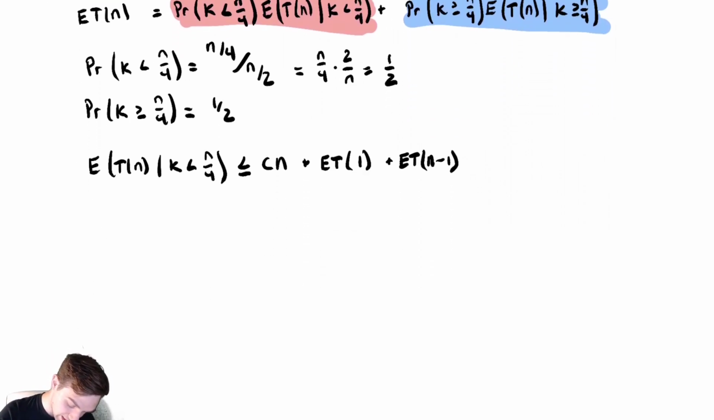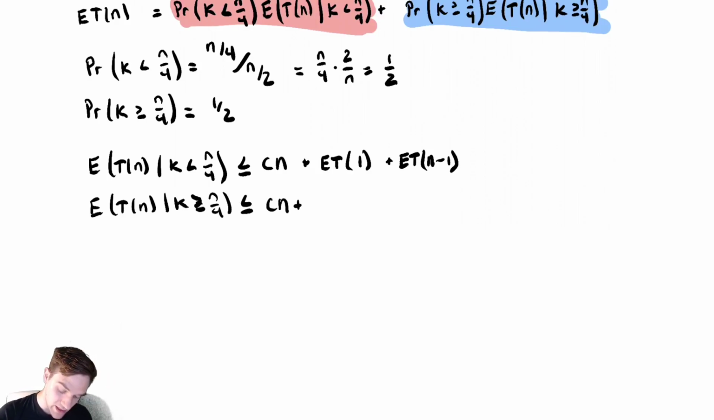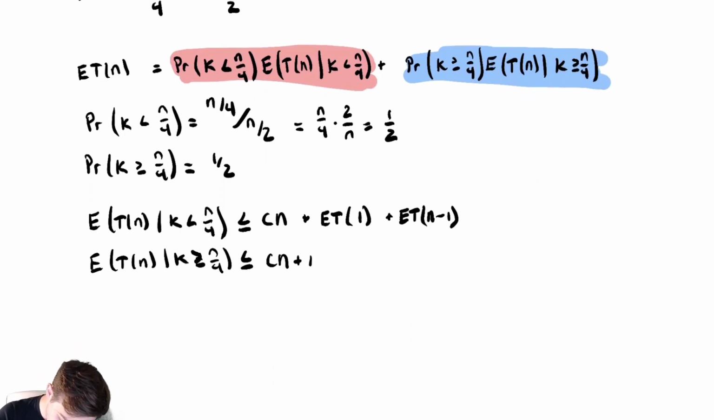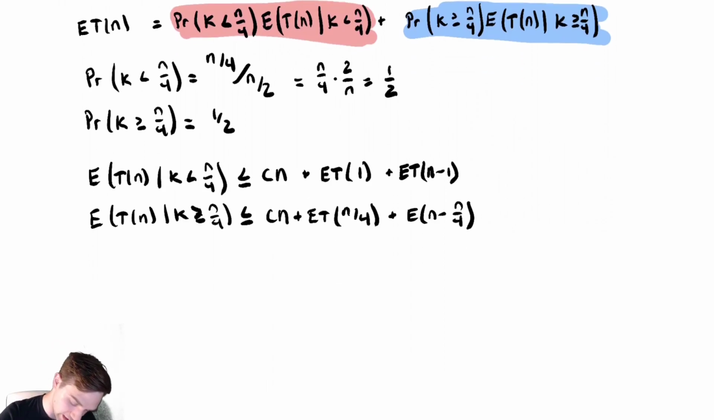And for our last term, the expected time as a function of n, given that k is greater than or equal to n over 4, is less than or equal to cn again, plus the worst possible choice of k in that second region, which is the one closest to the bad side, the n over 4. So we'd have an ET of n over 4 plus ET of n minus n over 4. Let's bring all of that together. So we have ET of n